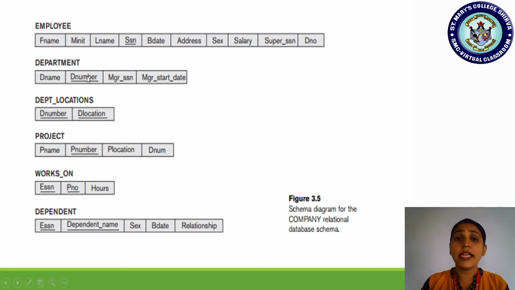We have chosen that data type for DNO, and the size is 4, the length of the characters. So the same definition applies here.